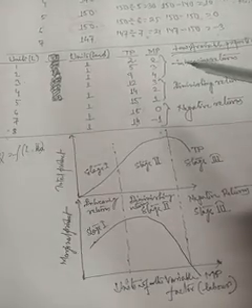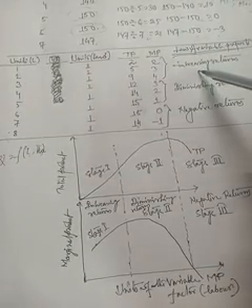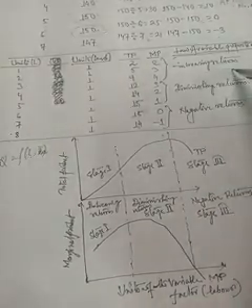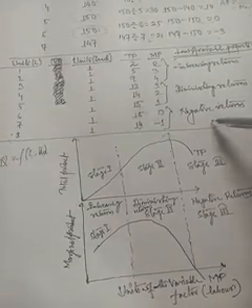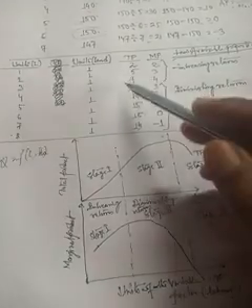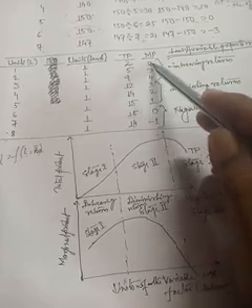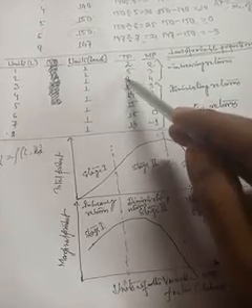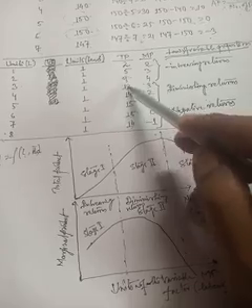In this law of variable proportions there are 3 stages. The first stage is increasing returns, the second stage is diminishing returns, and the third stage is negative returns. So how do we explain these? See the marginal product. At first there is no change, so marginal product is 2, or you can write blank also. Next, the marginal product is the change in total product, that means 3. Next, 9 minus 5, it is 4. Then 12 minus 9, it is 3.